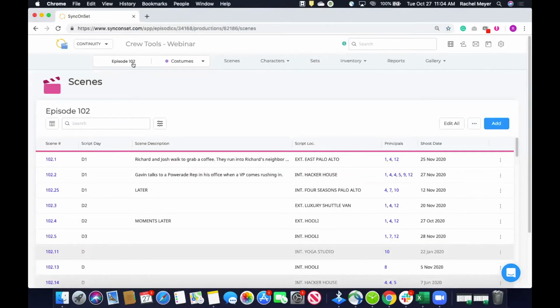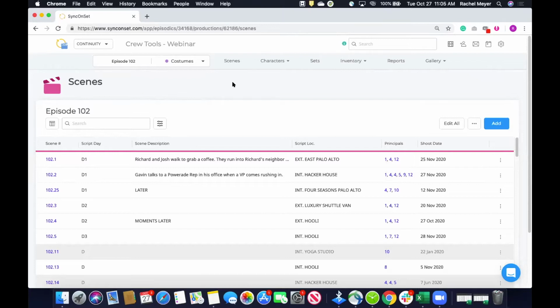But just a friendly reminder for those on episodics, we do support multi episode views now. So you can always toggle in to isolate whatever episode you are working on. We're brought right to the scenes index. This should feel pretty familiar, but I started out by saying that there are essentially 2 ways we can add changes or build these out at the beginning of our production, and that is doing it scene by scene and character by character. I know character by character is typically something we see more frequently, so I'll start with this